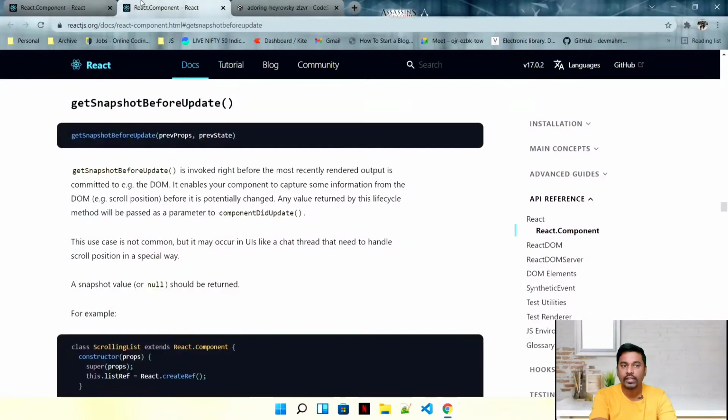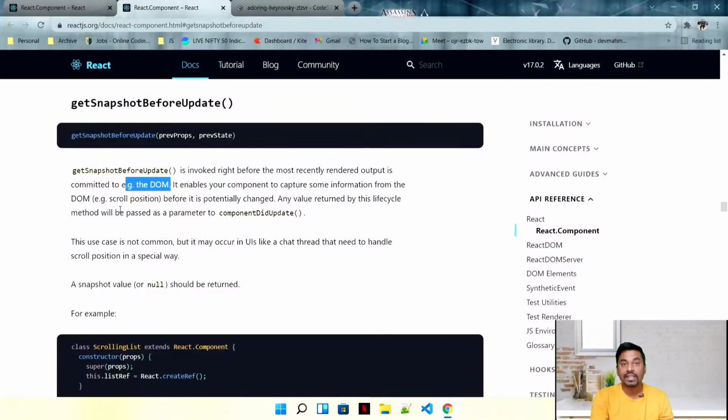Let us quickly click it and see: it is invoked right before the most recently rendered output is committed to the DOM. That is important, right? So there is a very small fraction of a second between the actual rendering of the DOM and when you start calling the render method. It enables your component to capture some information from the DOM.